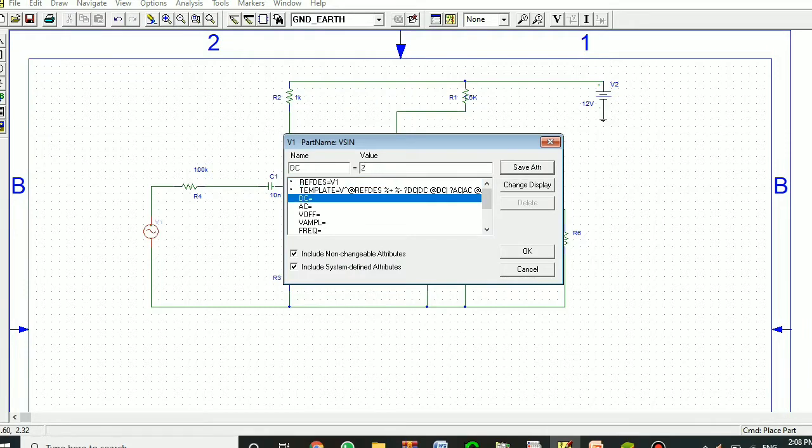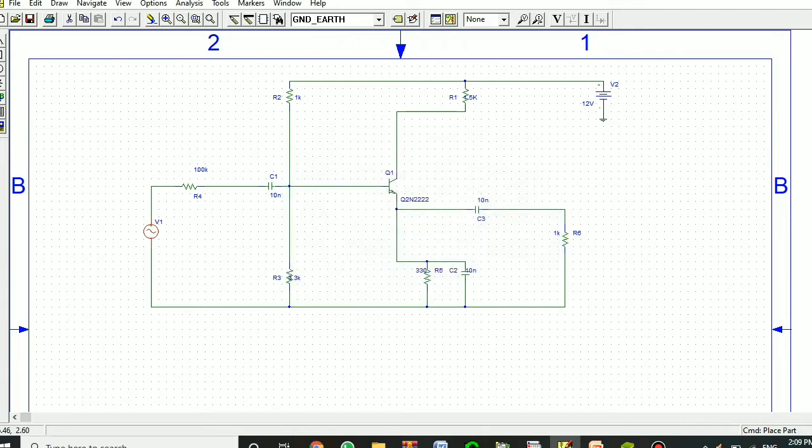DC is 2. So after giving the values, we'll have to click on save attribute for each of the values. Save attribute. Click on OK.